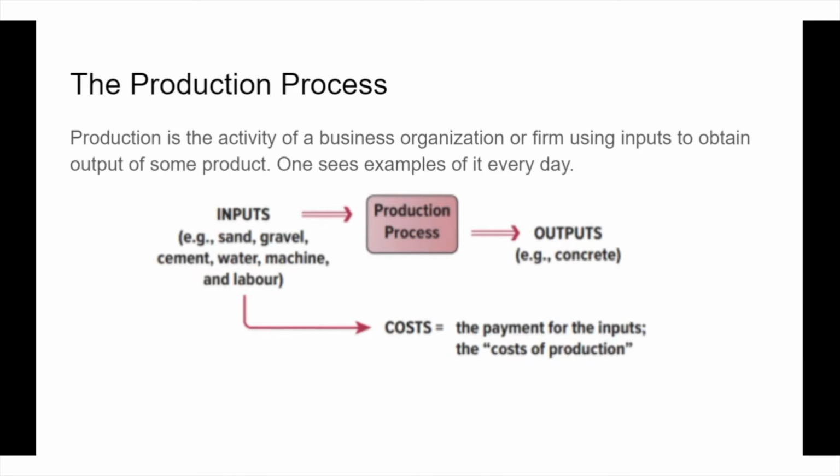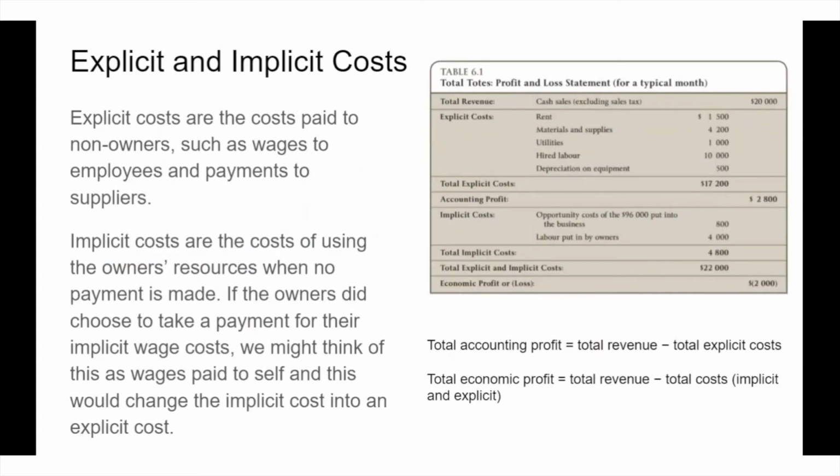Coming out of the inputs are costs, and these would be considered our factor payments. Land would be the interest or the dividends, labor would be wages. These sorts of things would all make up what we call the costs of production. So we have, as individuals, this basic process going on when we look at a financial statement for